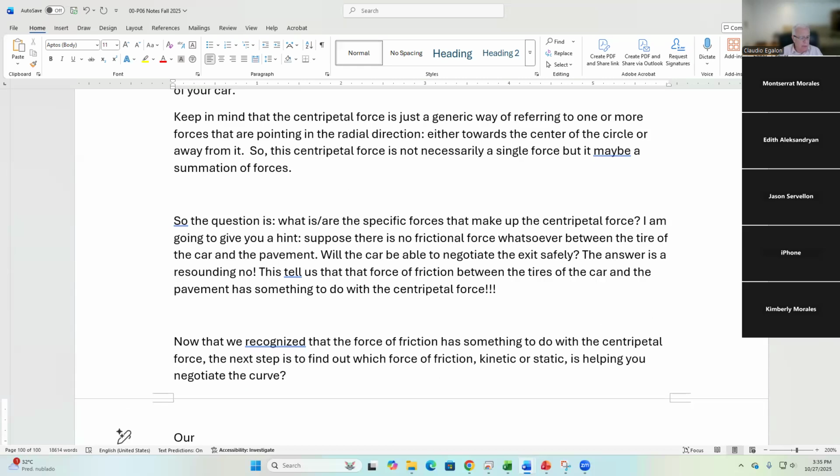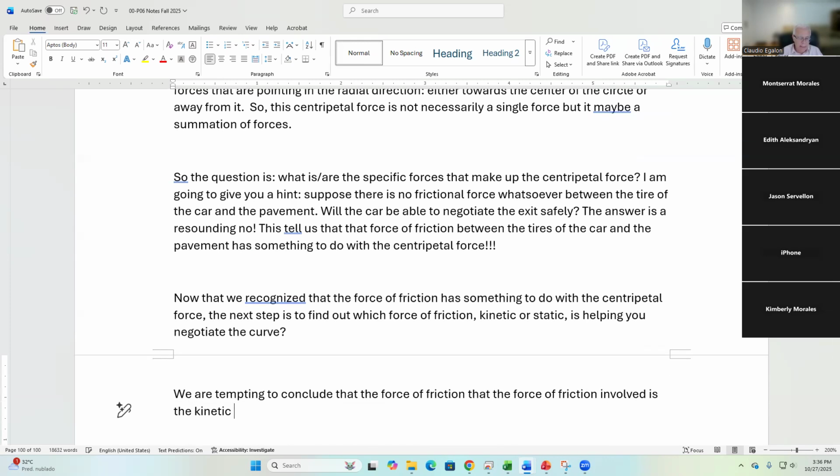I know our first temptation would be to conclude that the force of friction involved is the kinetic one, because the car is moving, right? However,